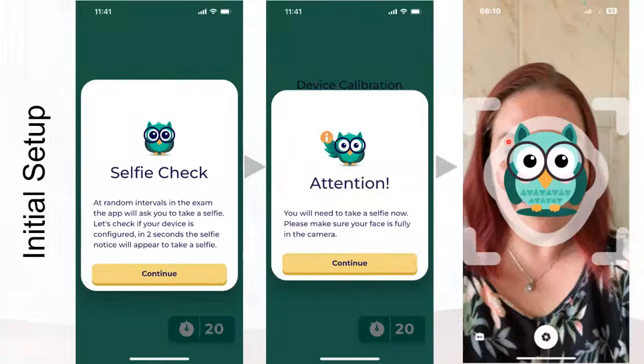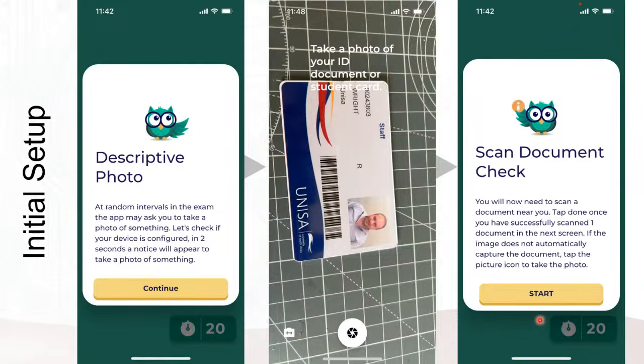So then you're going to say brilliant. And at the bottom of your screen, you'll see there is the take picture button. So you're just going to zap that once right at the bottom, and then it will take a quick picture of you. Then it's going to say to you, all right, now I need to use your back camera and I want to take a picture of your ID or a student card. Student card would be easiest probably because you can just put it down and then you just say continue,